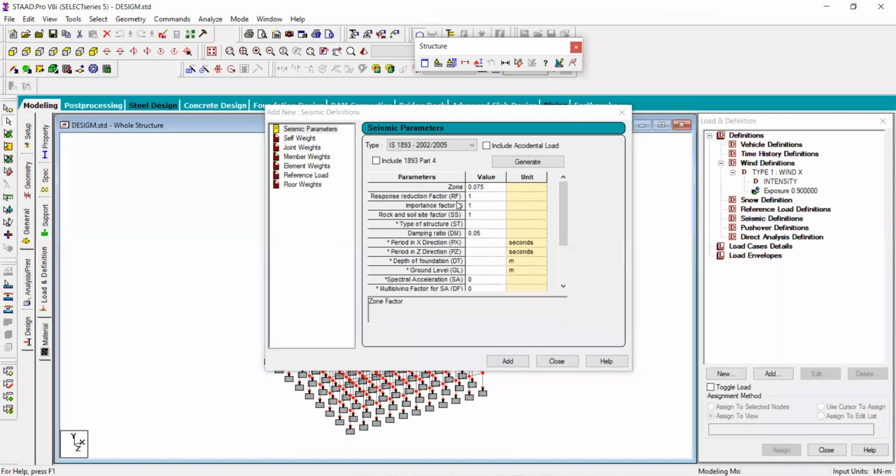So due to these parameters, there is another term, the rock and soil site factors. You know that due to vibrations, there will be transfer of forces, and the medium is the soil. Again the transfer of the forces depends on various factors. I am giving a very simple example: when you are moving in cars, there are various types of cars, like the Maruti, also the UP roadway bus, also a luxury car, like the Audi, etc.